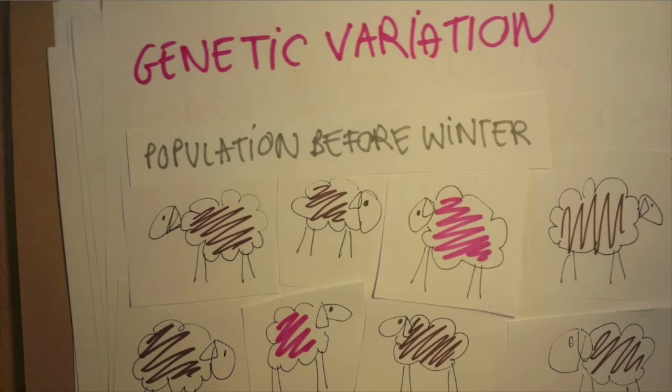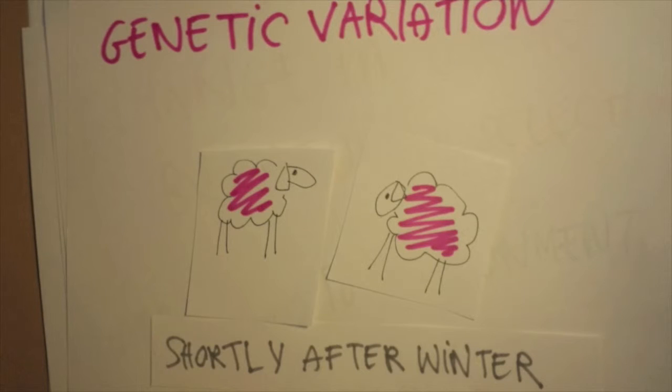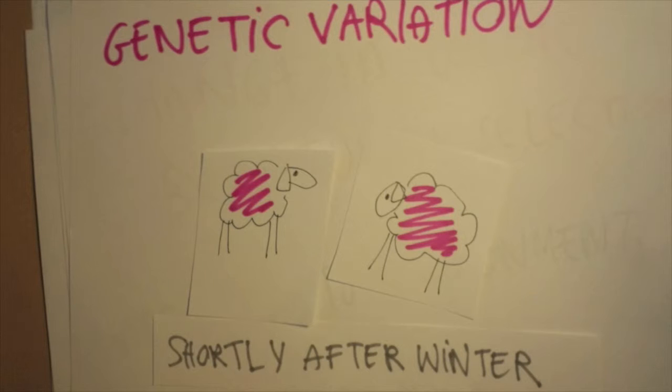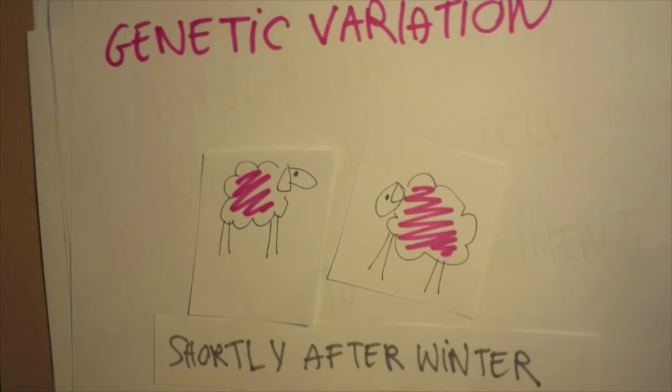of sheep before the winter. Well, what happens is that not all the individuals in this pack are apt to survive the winter. Genetically apt, meaning that they don't have the genes that will allow them to survive the cold, to survive the hunger. However, a few of these sheep will survive because these sheep have the genes that allow them to survive.